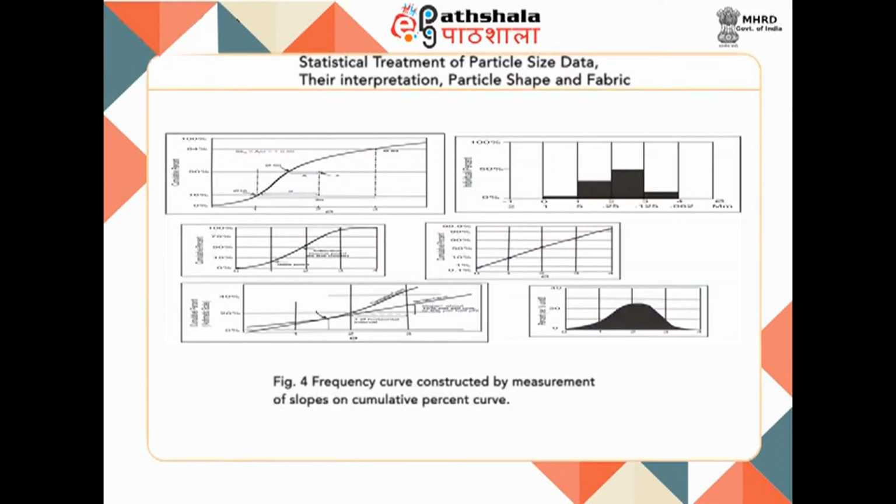This is how the frequency curve is made, but you must be very sure that all points of inflection, that is the steeper places on the cumulative curve, and the sags, that is the flatter places on the cumulative curve, are covered in the process. For very accurate work, a cumulative probability curve should be plotted first, then from this probability curve data points may be taken to construct a much more accurate cumulative curve on the arithmetic graph paper. Now, figure 4 illustrates the frequency curve and how it is constructed by measurement of slopes on the cumulative percent curve.